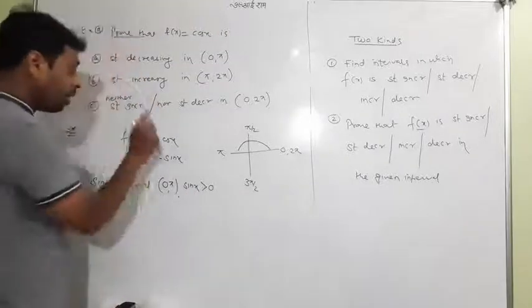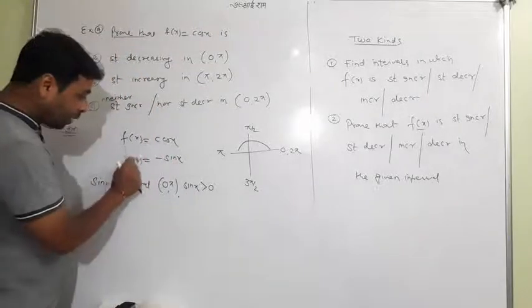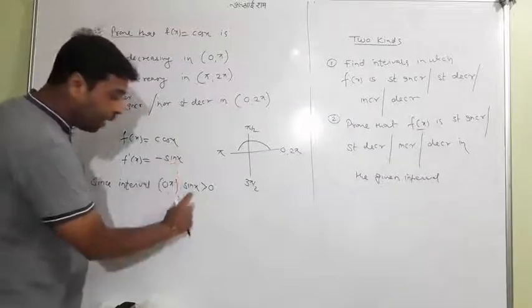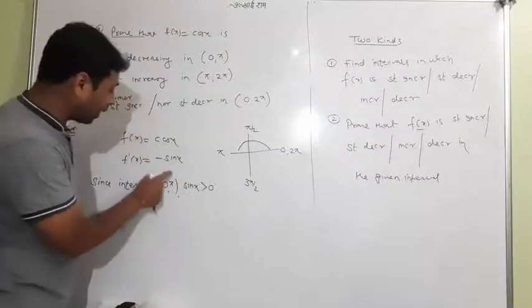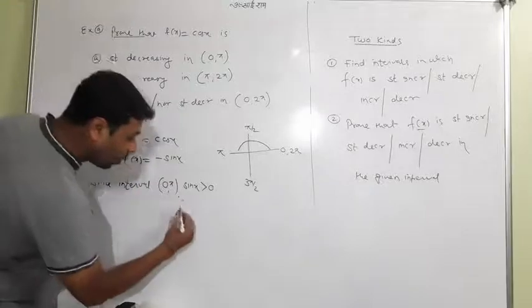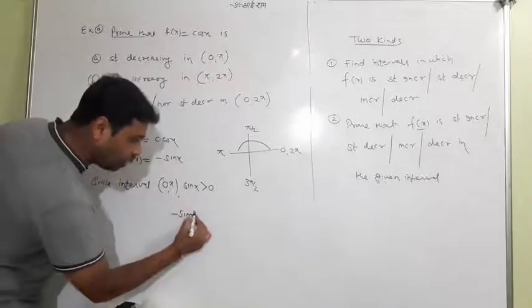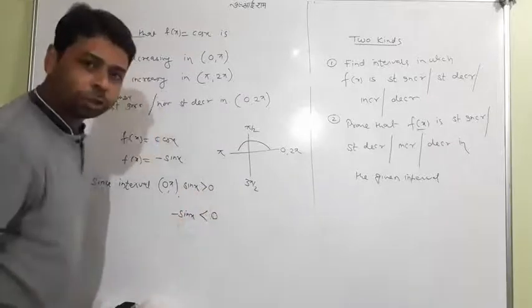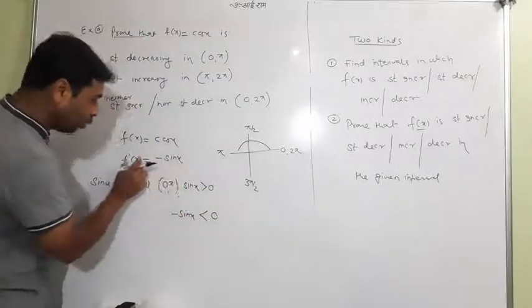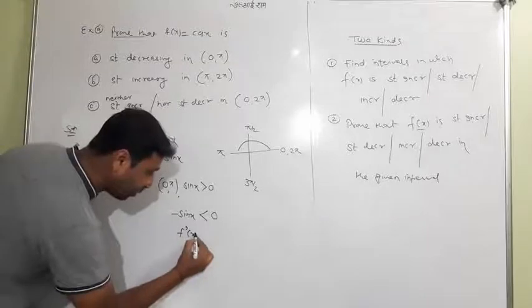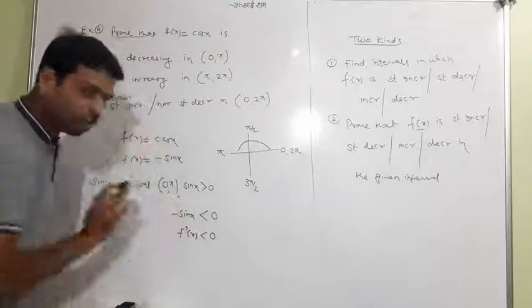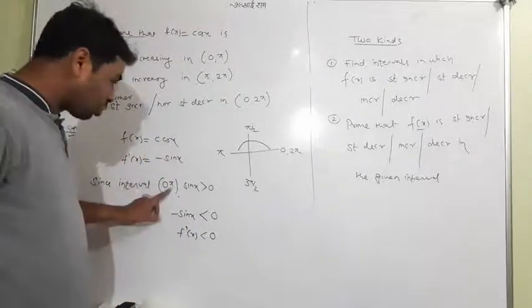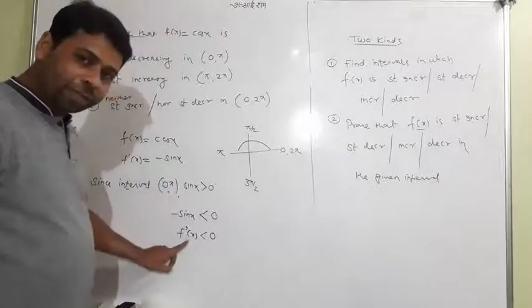And we have f dash x equal to minus sin x. So I try to make minus sin x so that I can write f dash x here. If I multiply by minus both sides, students, you know this sign will change. And minus sin x equal to f dash x, I will write here. Now read in 3 steps: in this interval, what is coming? f dash x is negative.